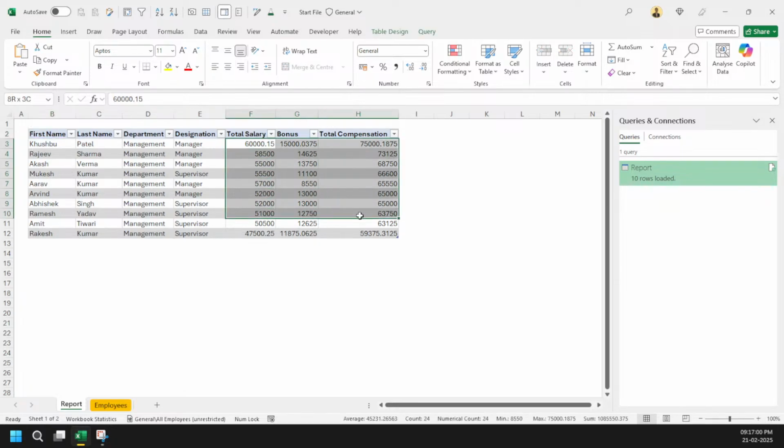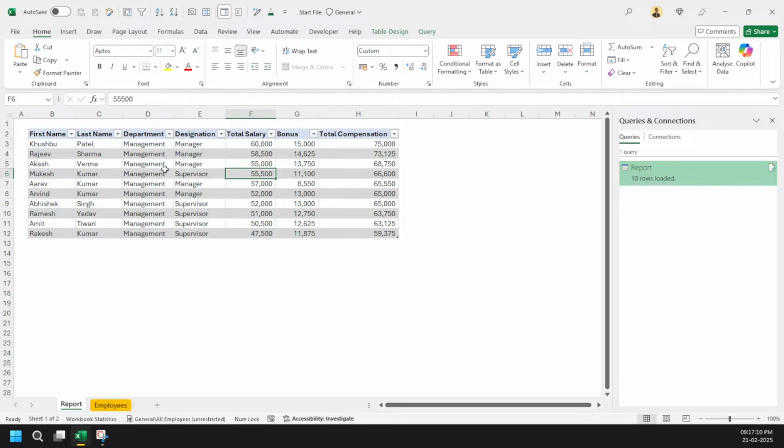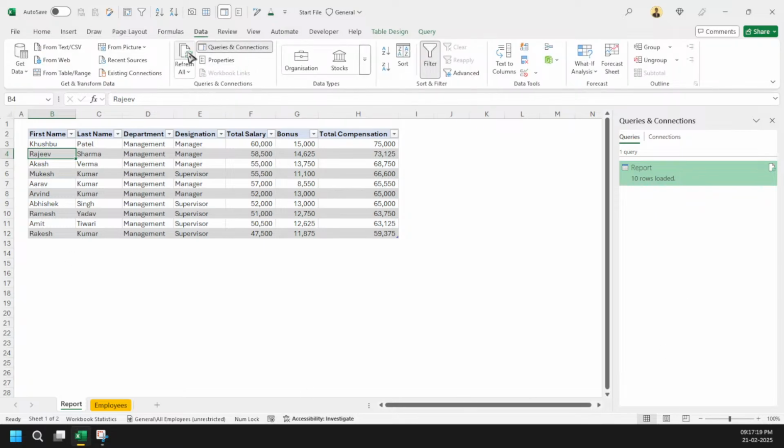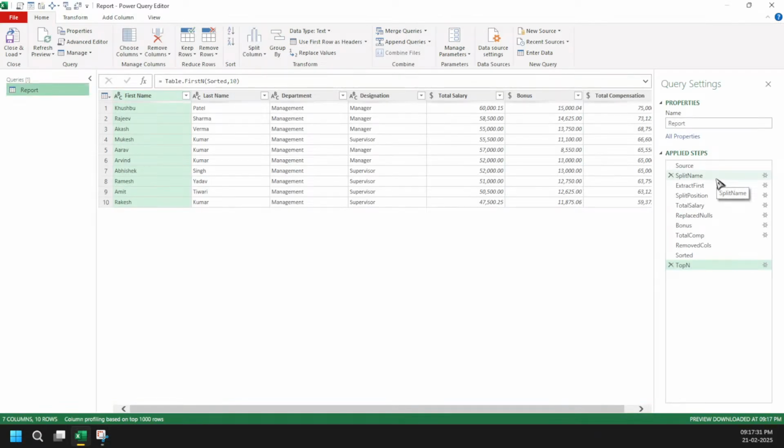But anyways, so now you can come here, do the formatting stuff, and then you can arrange the columns. And the best thing here is adjust column width. Otherwise, it will mess up your queries whenever they refresh. Right. And next time if data changes, I just need to come here, data tab, and that's it. Refresh all, and I'm good to go. Or otherwise, you can make it a custom function, and we already discussed that in one of our previous videos. But yeah, this was the UI approach.